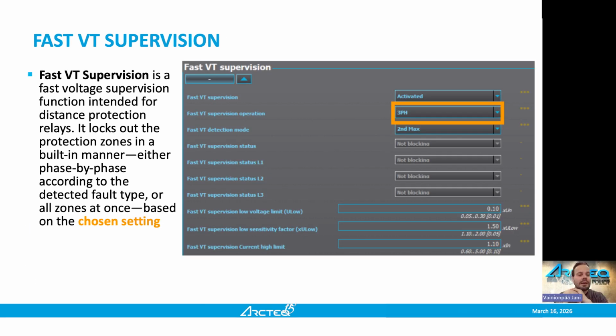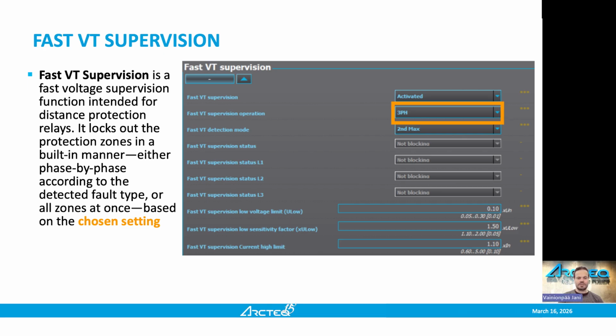And the very final setting that we have related to the distance functionality is the voltage transformer supervision. And this is not the regular VT supervision, but it's the independent one. It's separately built for distance protection, so it's integrated under the distance protection. It's the fast VT supervision. And how you enable it, you don't need to basically, as a default, it's already there. All the wiring is done or integrated inside the relay, so basically all the blocking happens automatically. You don't need to activate any blocking or similar. You just enable